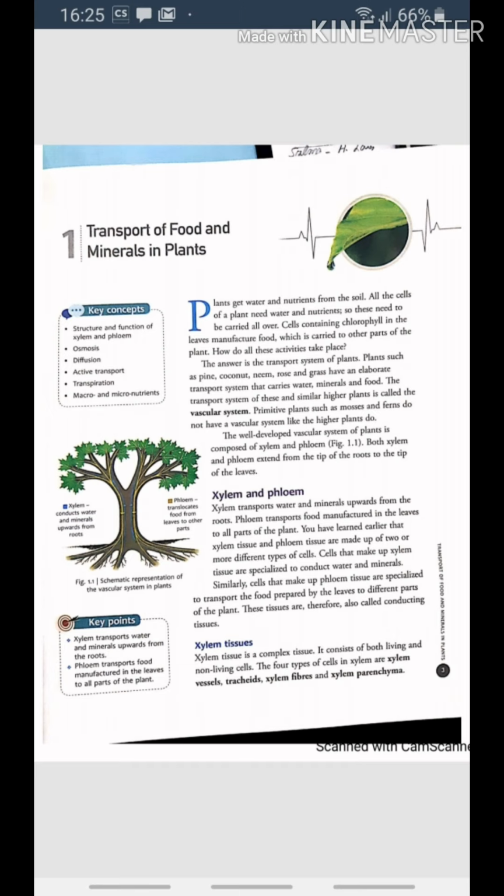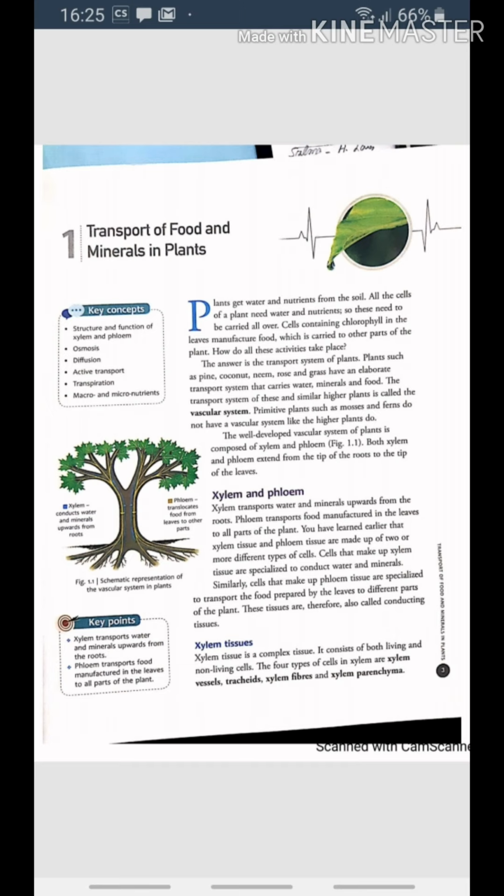The transport of water and minerals in plants occurs as follows. Root hair cells absorb mineral salts mainly by active transport. The mineral salts then reach the root cortex. Root hair cells also absorb water from the soil through osmosis. Now children, see the difference between diffusion and osmosis.